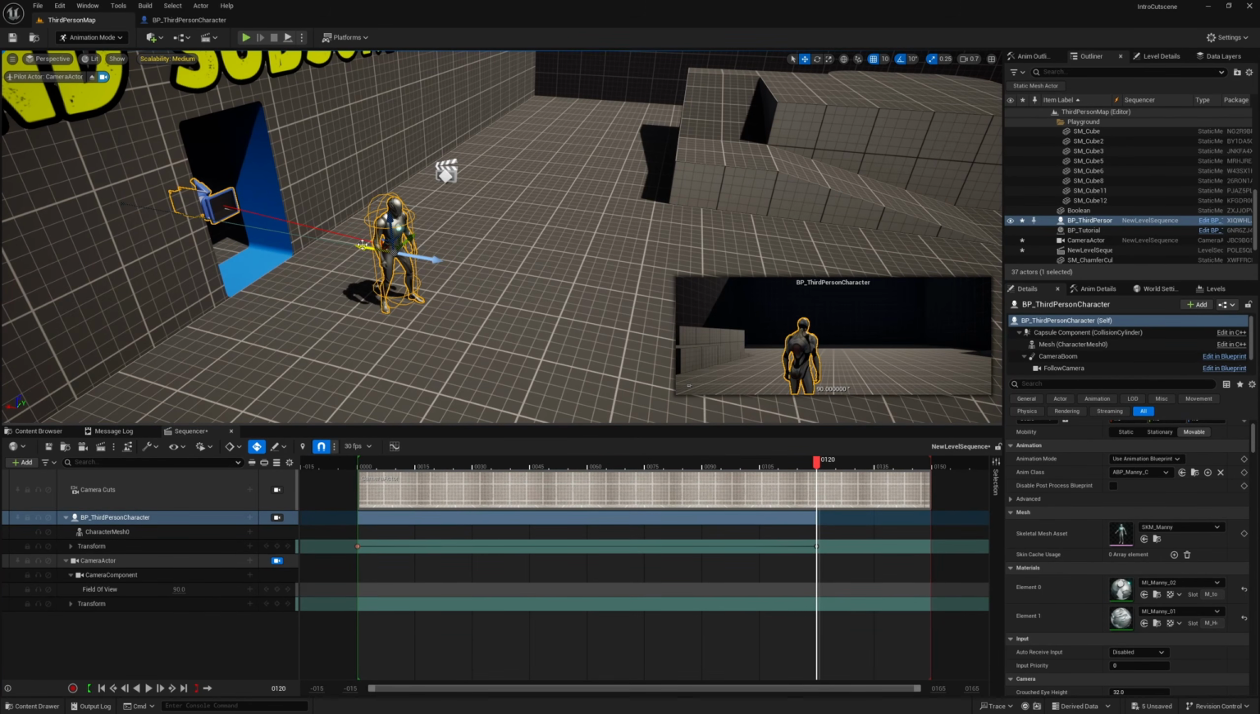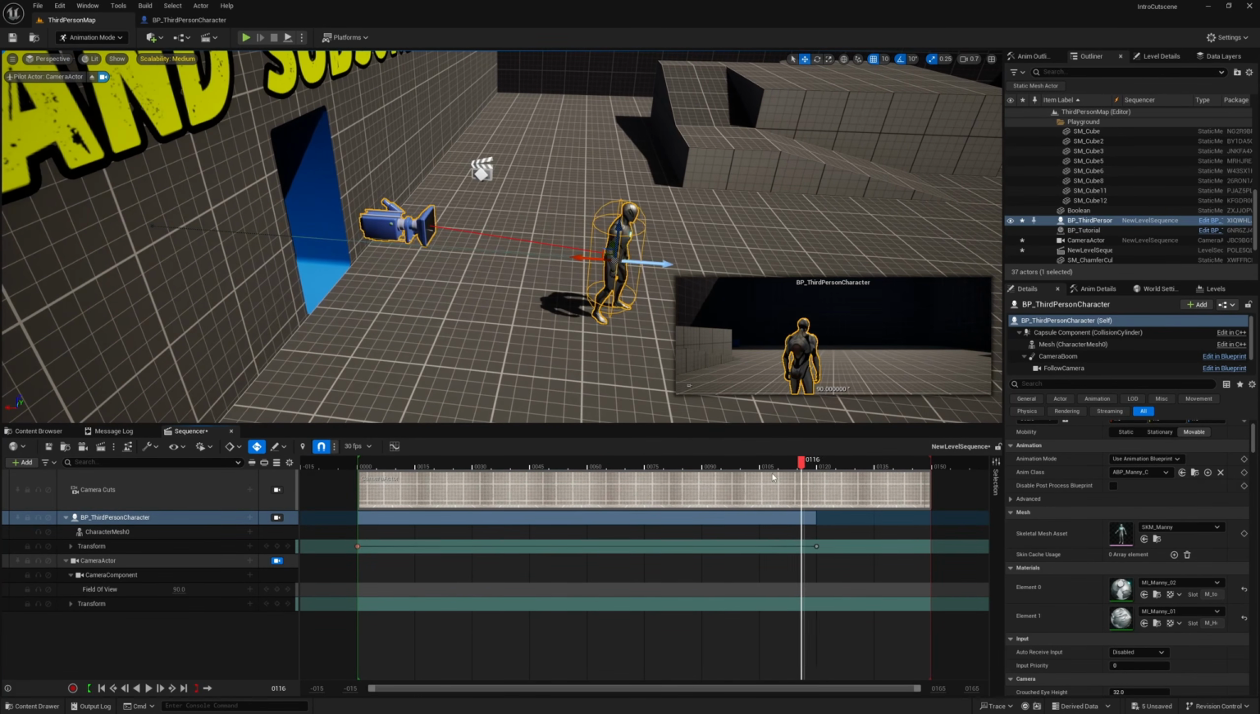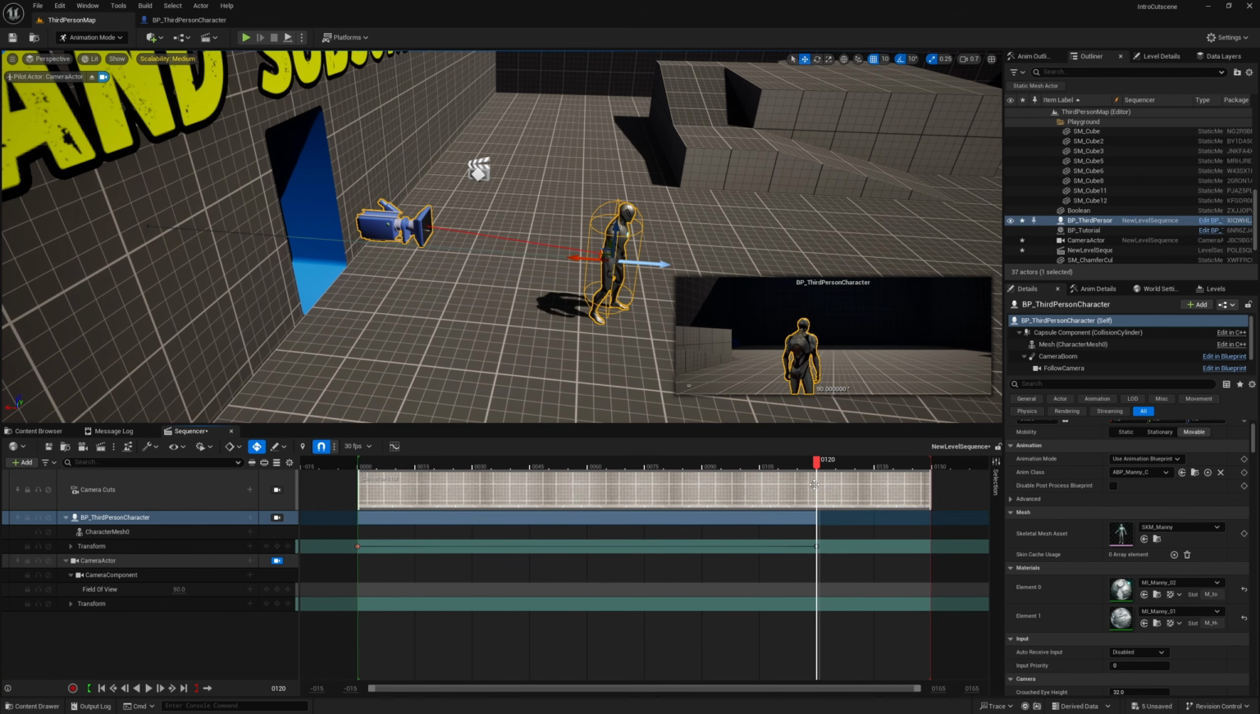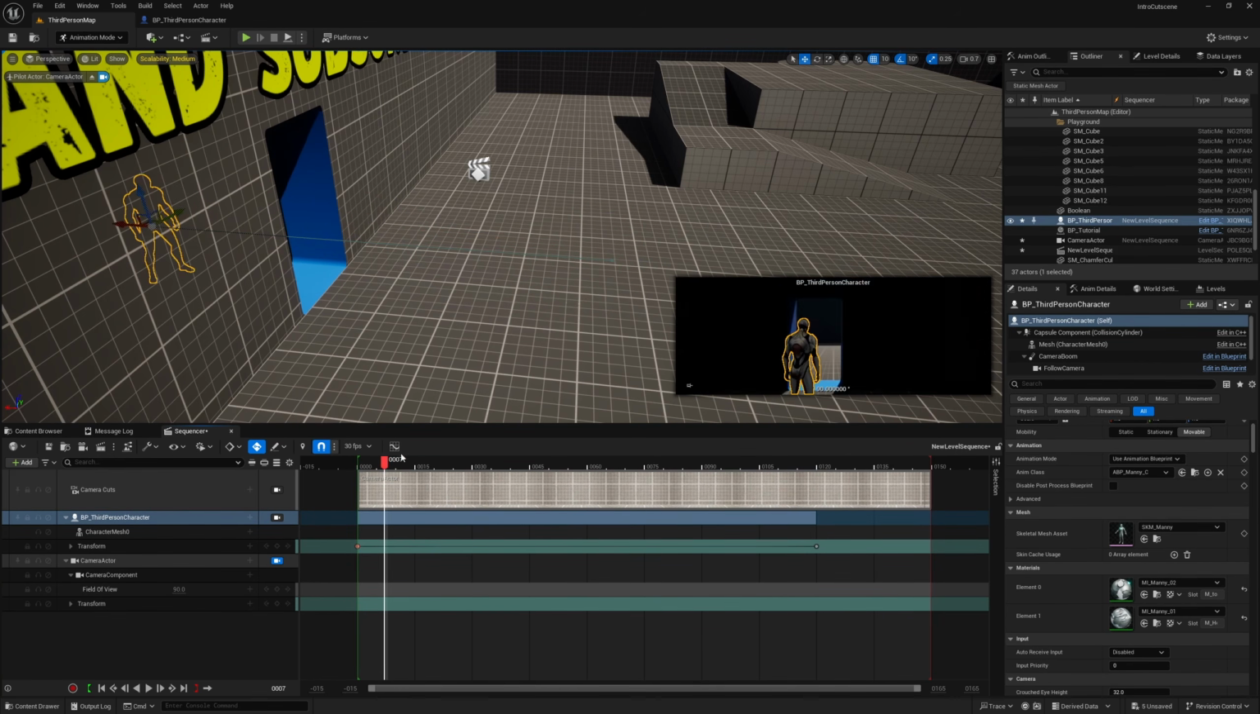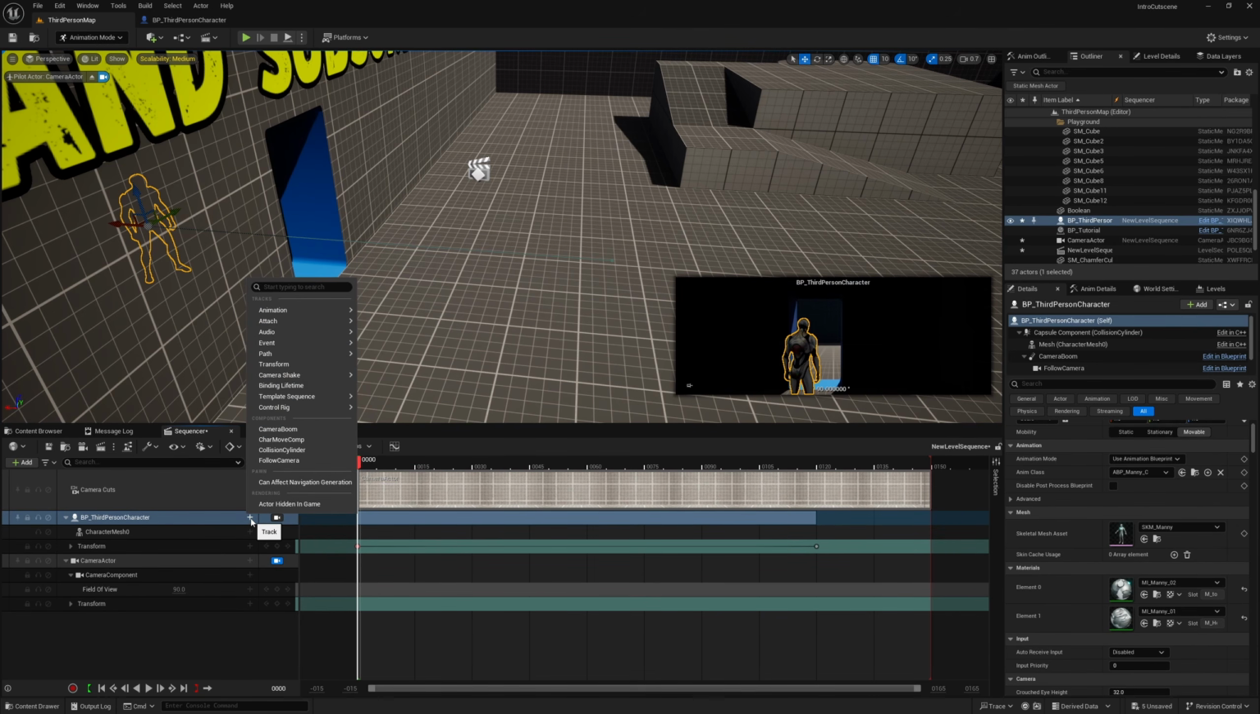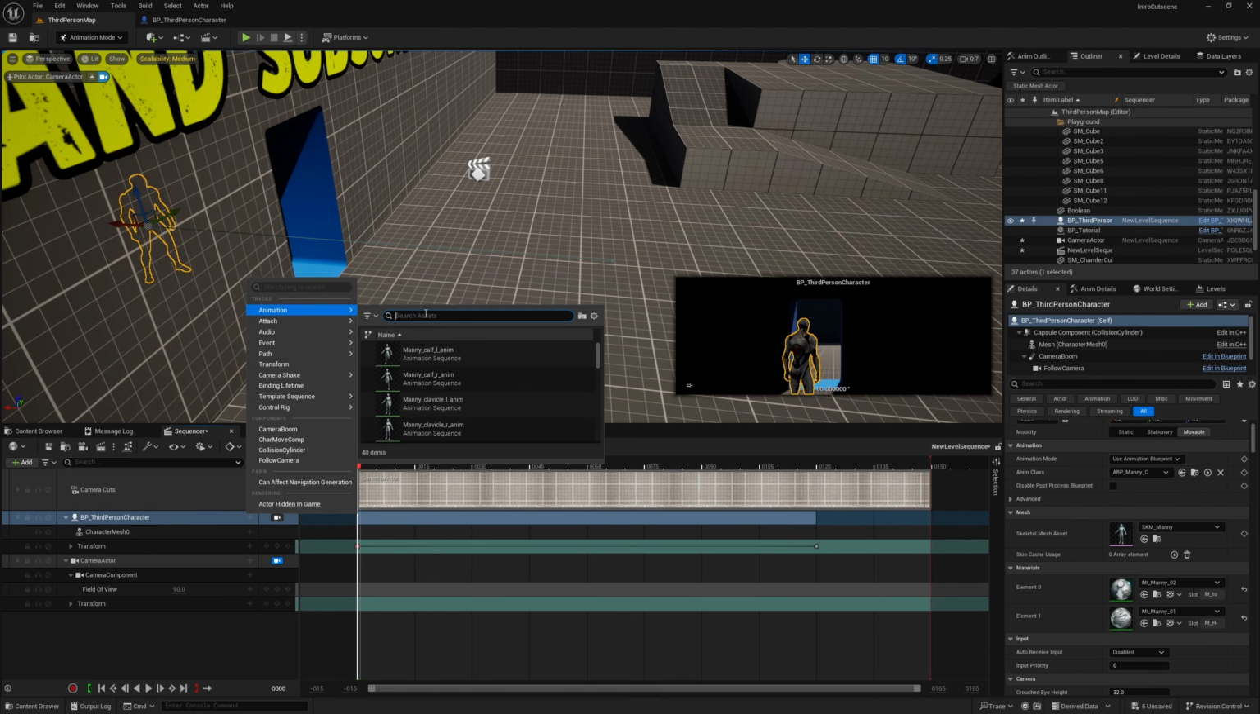But actually, I do want to move him out so that the camera is out past the wall there. Nice. The next thing I'm going to do is add an animation to this movement. So I'll take it back to frame 0 here, and then on my third person character, I'll hit the plus icon and animation, and then I can search for